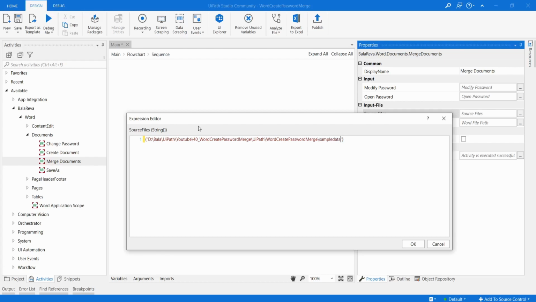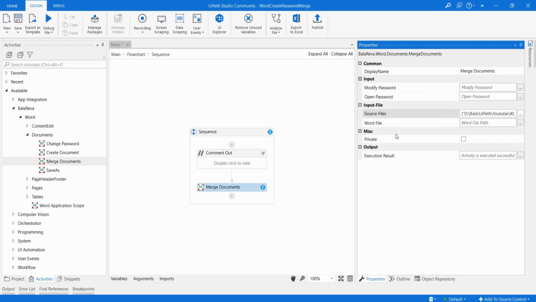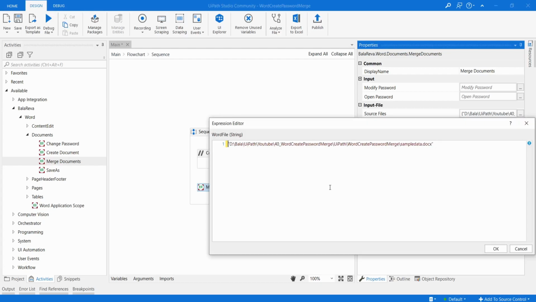So here is sampledata.docx and sampledata1.docx. Here we need to give the output file. It merges these two files and returns them as another file. So we have to give an output Word document file name here. I'm going to give merge data.